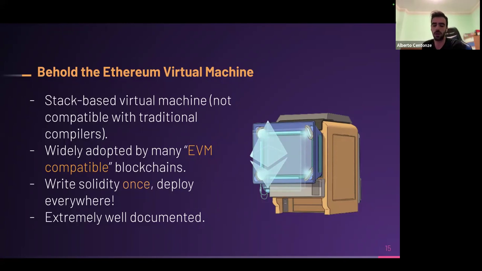It was also first mover advantage, Ethereum was the first one to implement this. People were like, okay, the design works. The design seems to be sound enough to work. It has some limitations, of course, as I said, but it was just good enough, and people kept it. So this is why we have so many EVM compatible blockchains, and this is why in the blockchain market, I think Solidity has 80% of the share. So it's the most used programming language by far.